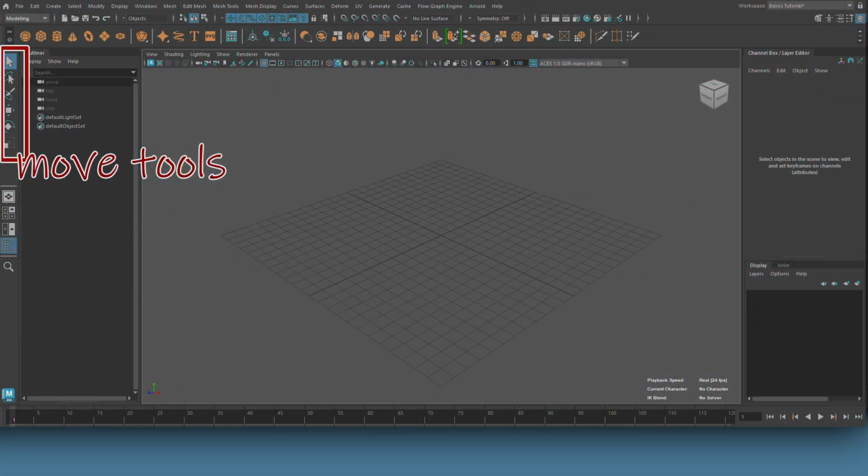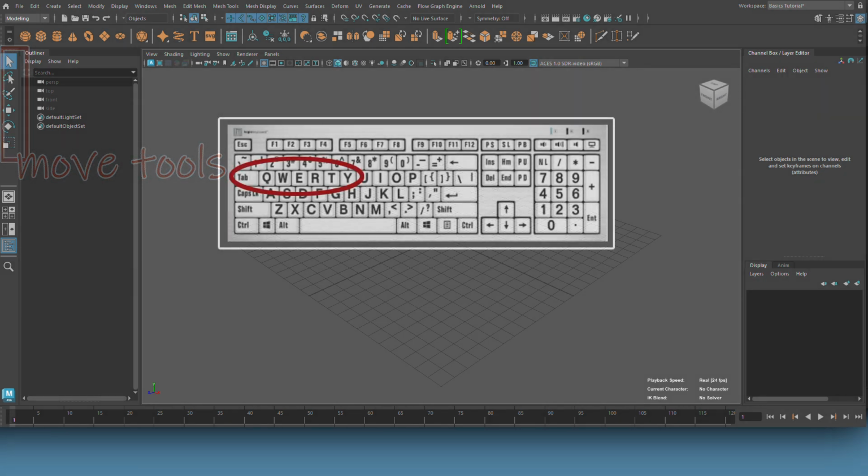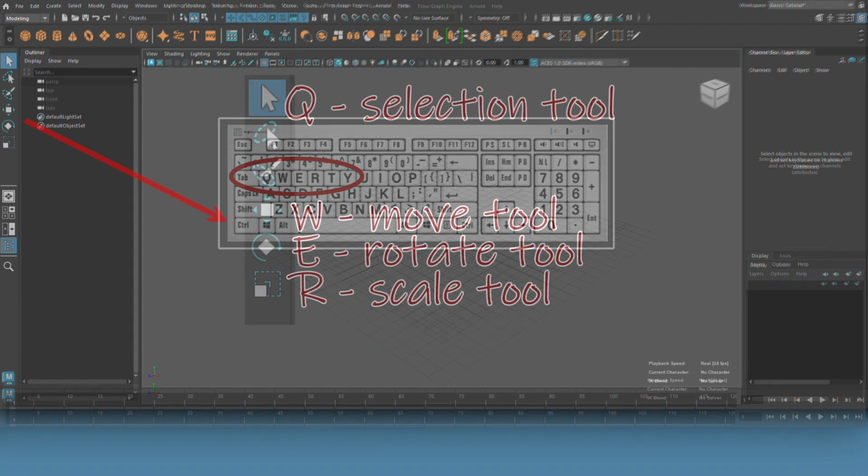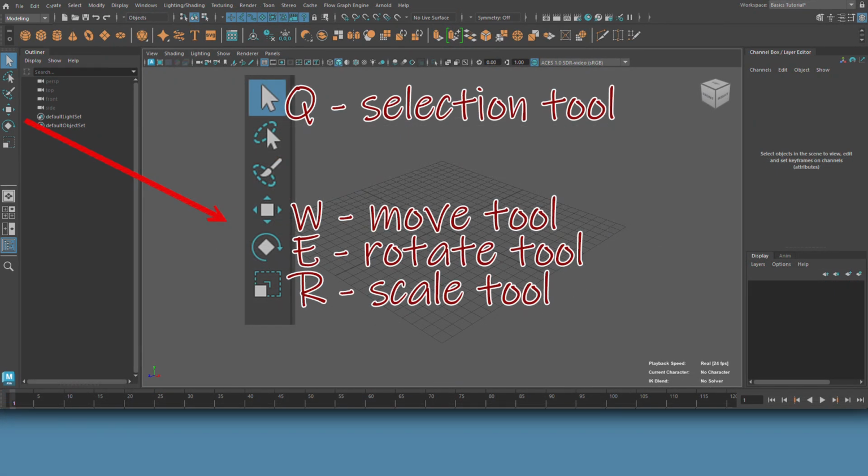All 2D and 3D animations processed in Maya are created by using 4 basic tools, all of which are called to action by hitting a hotkey or by clicking on an icon. Using hotkeys is the most convenient. Move hotkeys are represented by the first 4 keys on the top letter row of a common QWERTY keyboard. The general selection tool, called by pressing the letter Q, is used to select objects or components, but beyond selection,